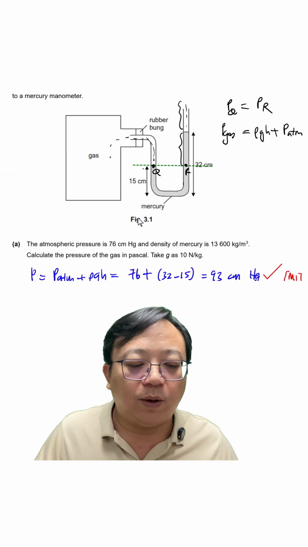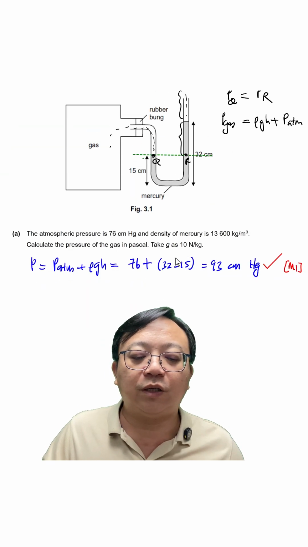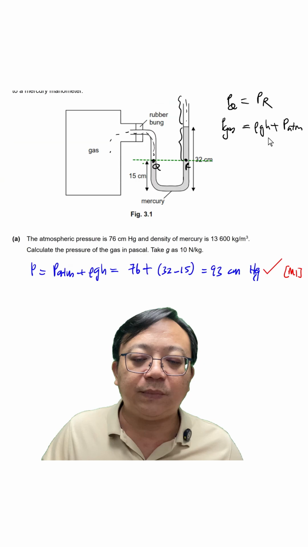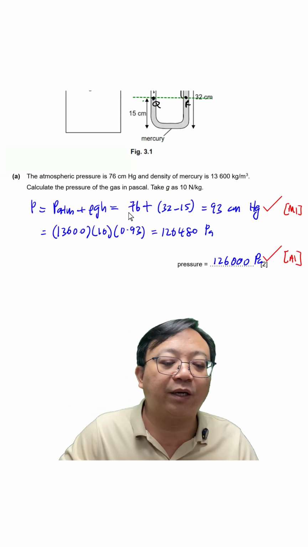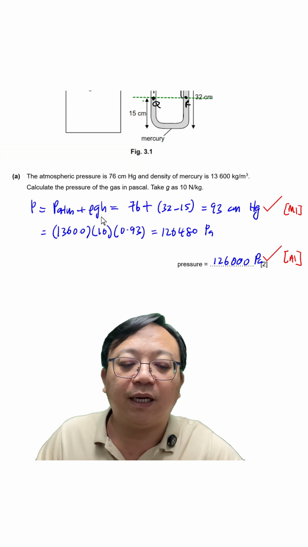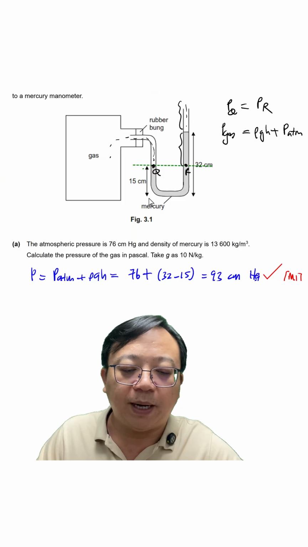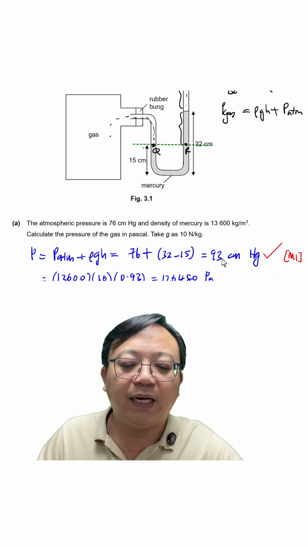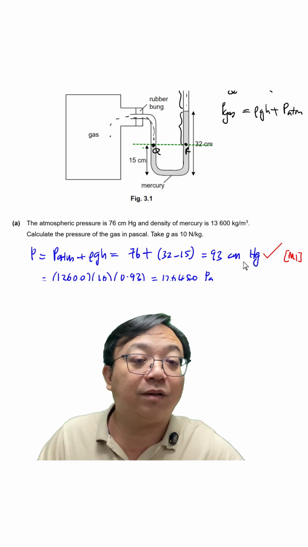Okay, they say, what is the pressure in the gas? Oh, yeah, they're asking you to find the pressure of the gas, right? So you just use rho GH plus atmospheric pressure like this. Okay, atmospheric pressure is 76 cm mercury. Rho GH is what? How many cm mercury? 32 minus 15, right? So add together, the total pressure will be 93 cm mercury, but